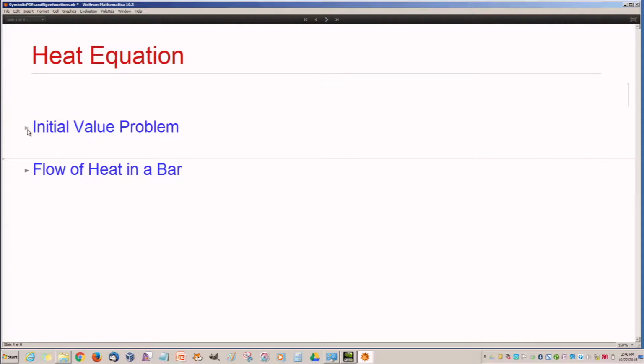Okay, so you'll tell me now that, oh, that's an infinite bar. In the world, bars are not infinite. So here's a finite bar. You've got a bar of, let's say, iron or whatever. You want heat to flow through it, but you would like that the,